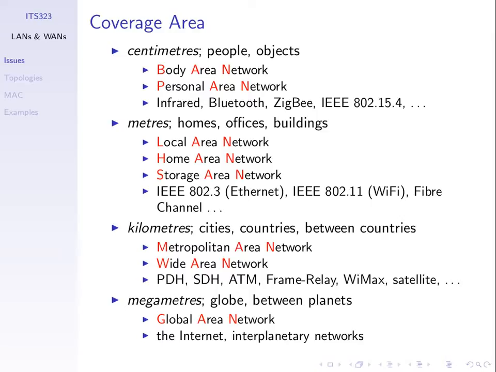Usually in the order of up to a few meters in distance. Some example network technologies are infrared, Bluetooth, and some newer ones, Zigbee and IEEE 802.15.4, and there are others. These last two are mainly used for